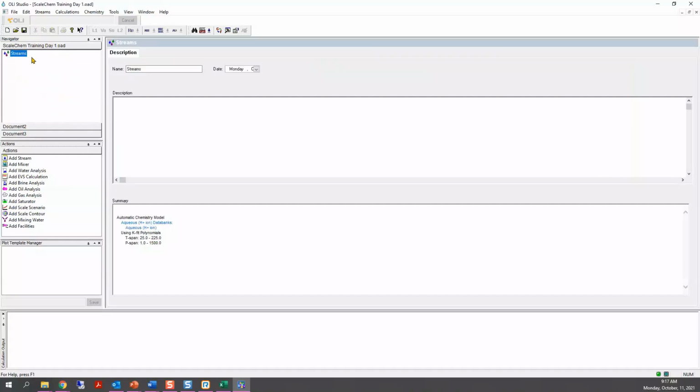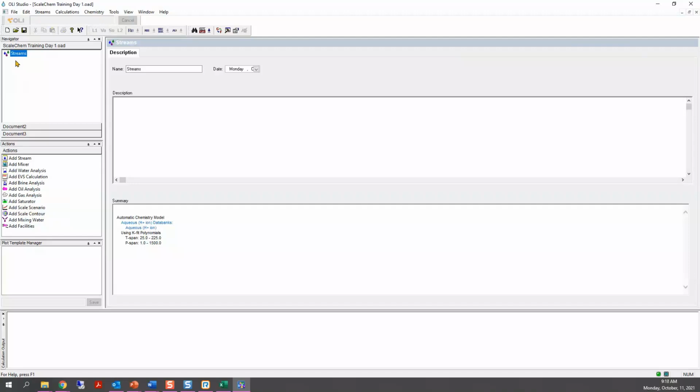The next thing I want to do is, every time that we are working in the software, it is highly recommended, at least I recommend, that we set up the units, the naming, and the thermodynamic framework that we are going to use for all the calculations. Okay, so for this specific training, I want to show you the units and the naming that we are going to use during the whole class.